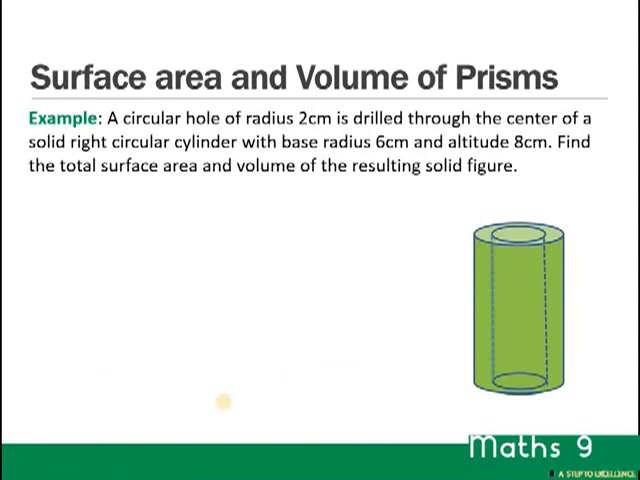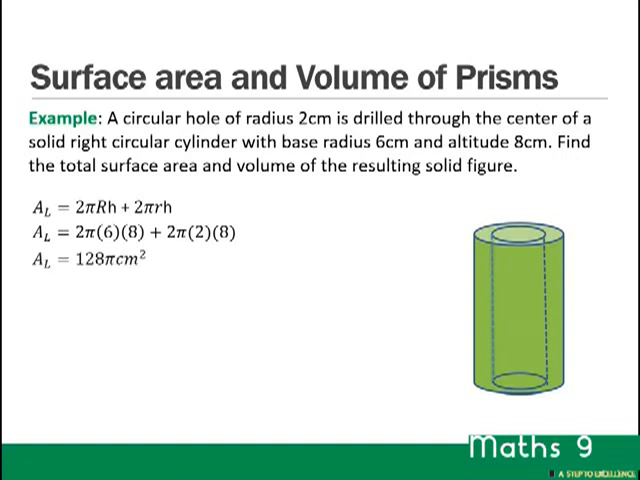Example. A circular hole of radius 2 centimeters is drilled through the center of a solid right circular cylinder with base radius 6 and altitude 8. Find the total surface area and volume of the resulting solid figure. We need to use the fact that the lateral surface area is equal to the lateral surface area of the large cylinder, so 2 pi RH, plus the lateral surface area of the smaller cylinder, 2 pi RH, which is 2 times pi times 6 times 8, plus 2 times pi times 2 times 8, which is 128 pi centimeters